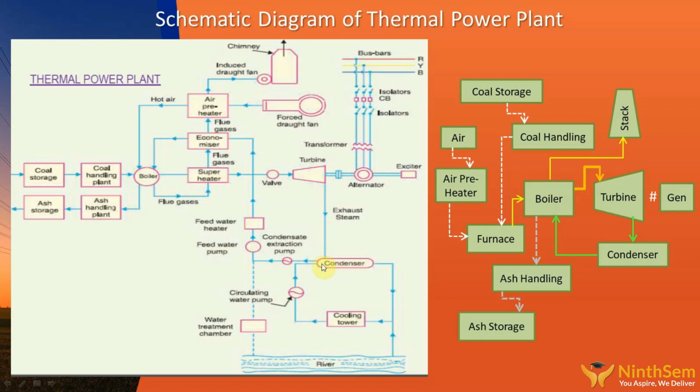So this is the condensate system, where the condensate water from the condenser is going to the boiler through the boiler feed water pump, feed water heater, and economizer, and feeding to the drum. So this is the feed water circuit from the condensate through the boiler feed pump, through the feed water heater, through the economizer and going to the boiler. This system we used to call the feed water system.